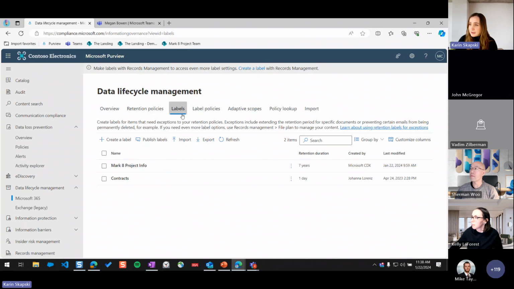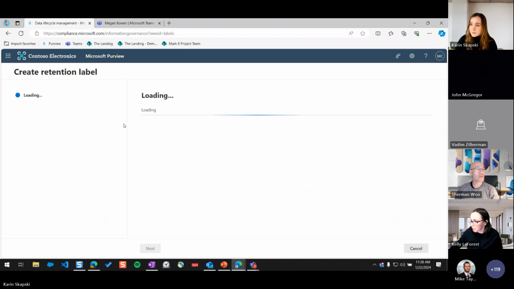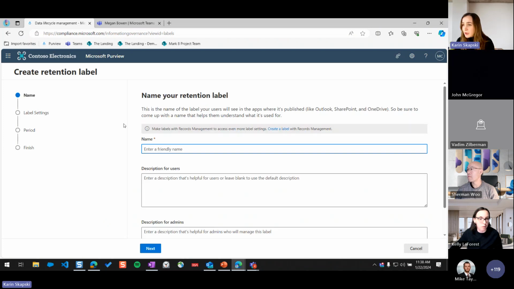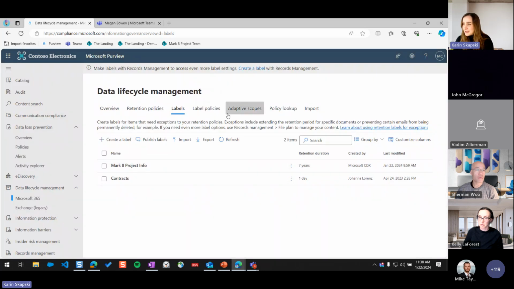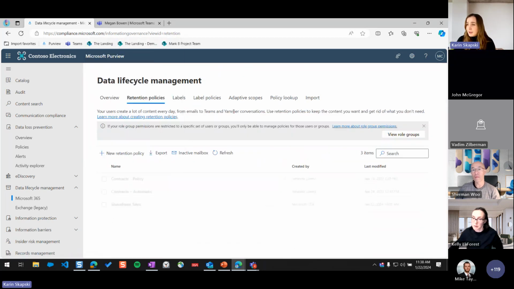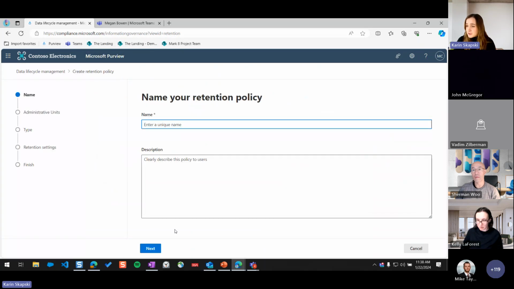So we can go in here into labels. We can create retention policies, labels, label policies. These are just the different areas, and it can be kind of confusing to piece together what's what. But it really just refers to how the retention is applied. So with labels, these can be applied at the item level, manually or automatically using a label policy, and then with a retention policy,